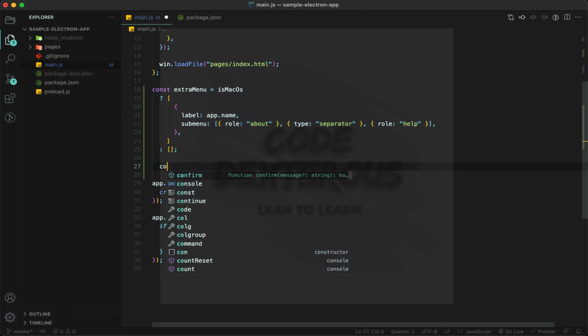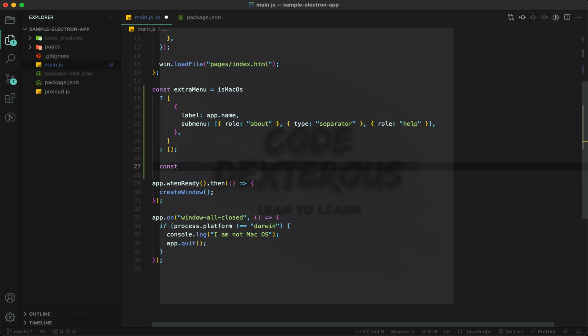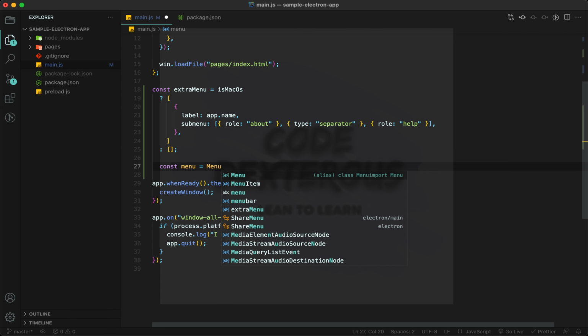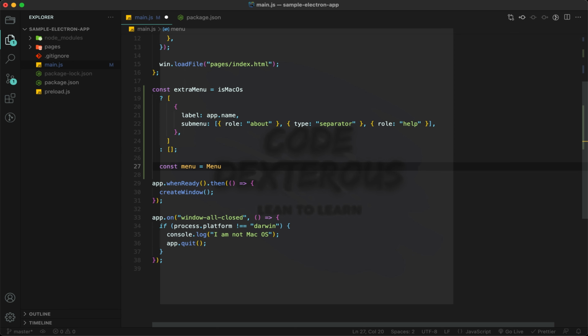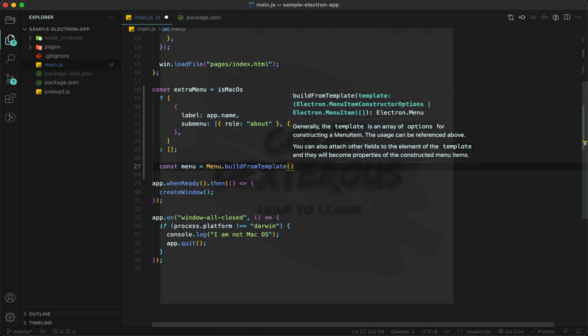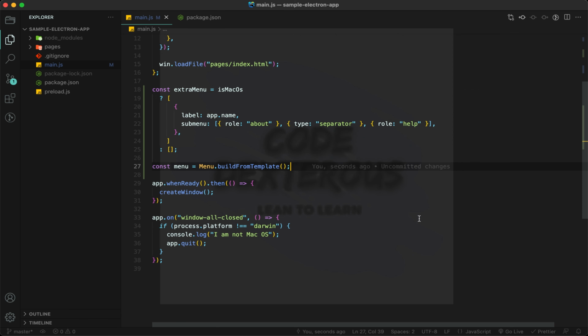First of all I'm going to use Menu, and I'm going to create a menu using a template. There is a method called buildFromTemplate, and this method receives a template option.